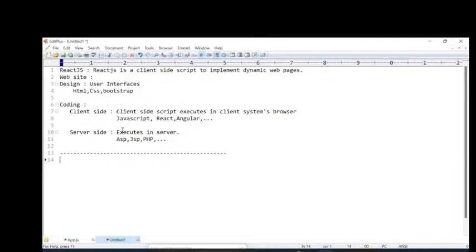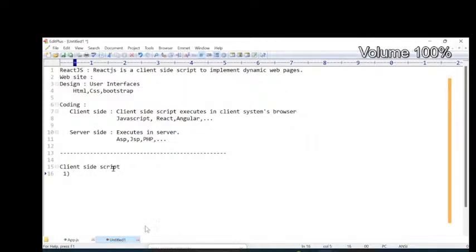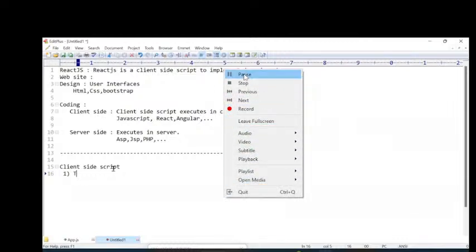Now, what are the benefits of client-side script? What can we do with client-side scripts? That's the main point here, meaning why we are using client-side scripts. I told you that in every website we use both client-side as well as server-side scripts. So what can we do with client-side scripts? Why are we using them? First point, to apply